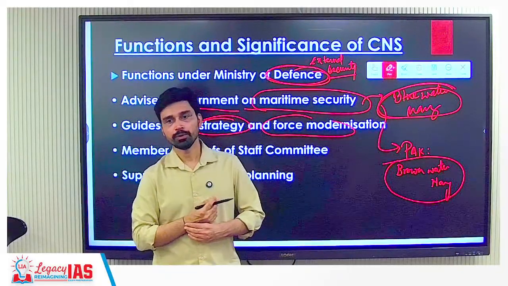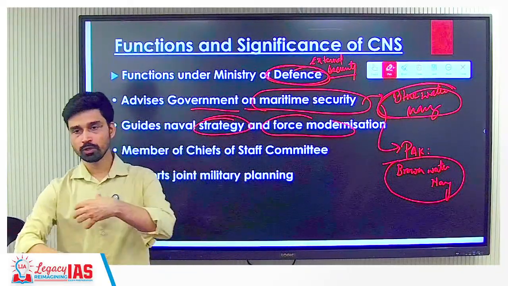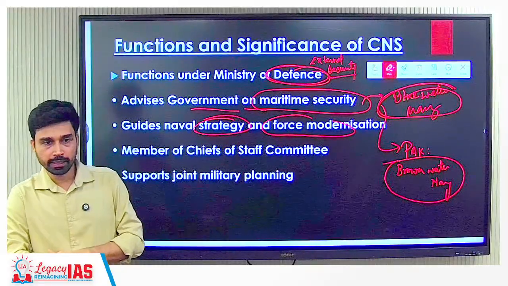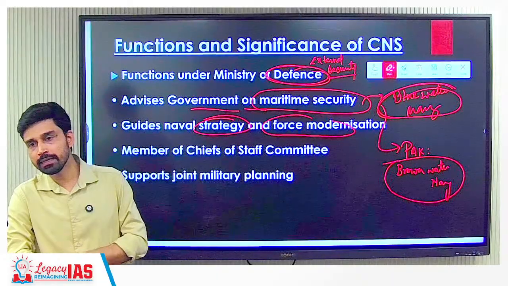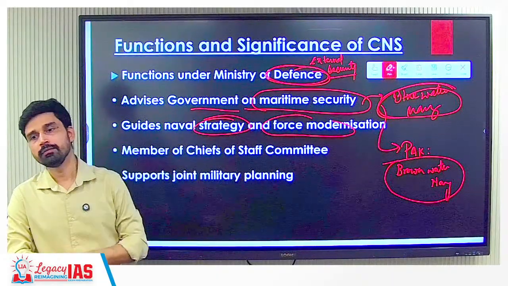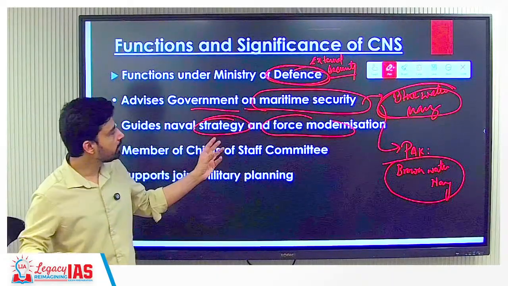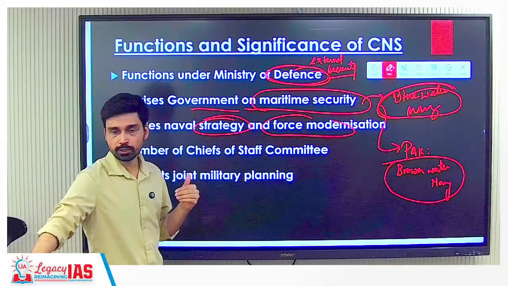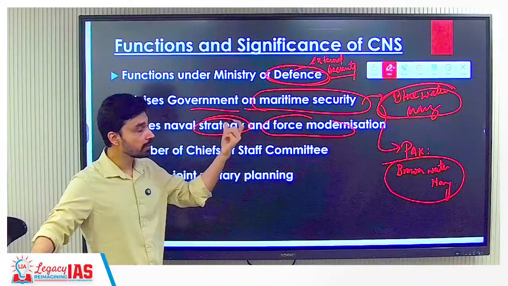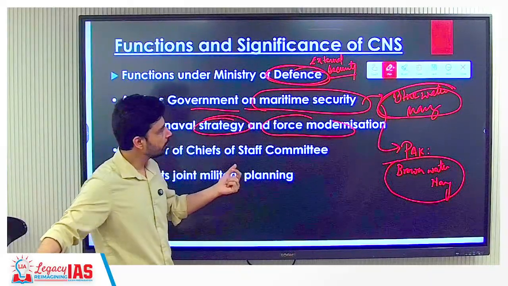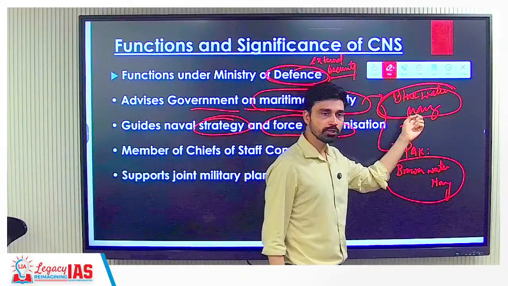So by thinking like this, you can imagine why we are calling Pakistan's Navy a brown water Navy, because it is largely capable to control which areas? Coastal area. It does not have enough vessels, we can say, or such kind of capability that it can go far beyond in the ocean. Okay. On the other hand, India has created what? Such kind of naval infrastructure, submarines. Okay, we have such aircraft carriers, for example, that we can go far beyond our coastal areas and